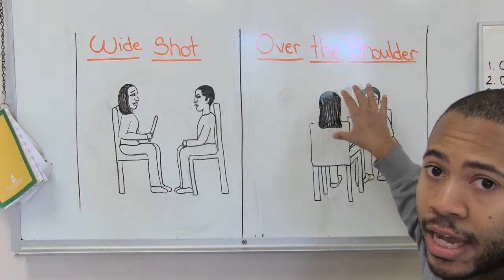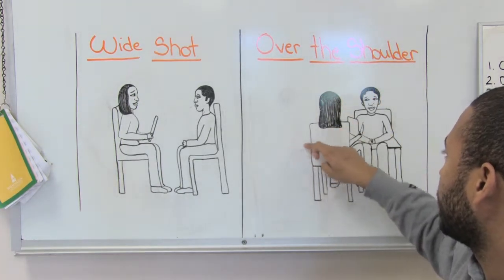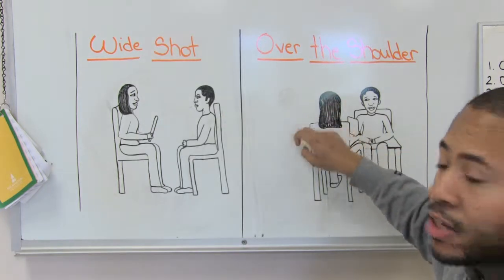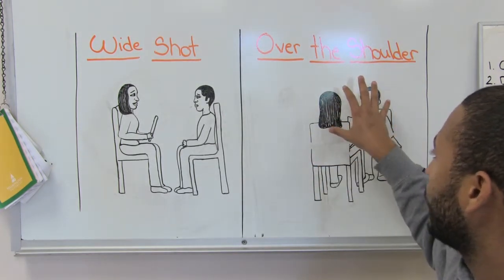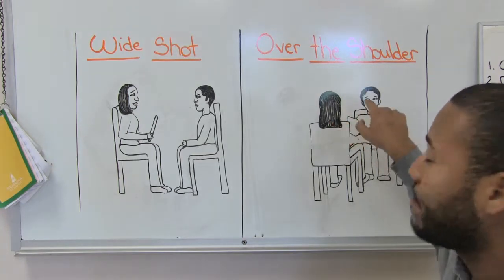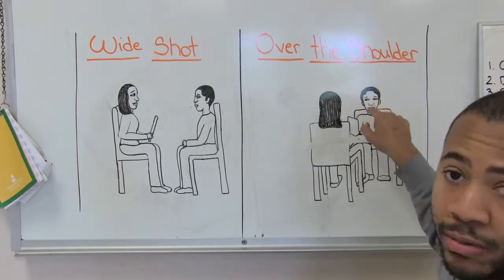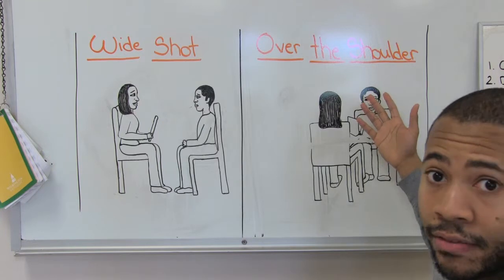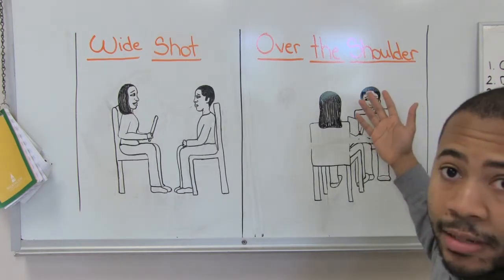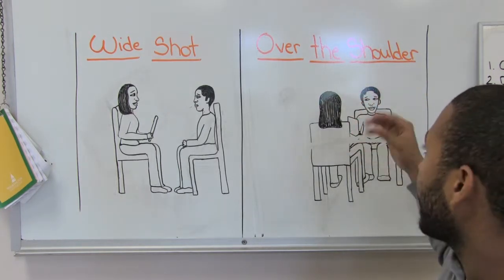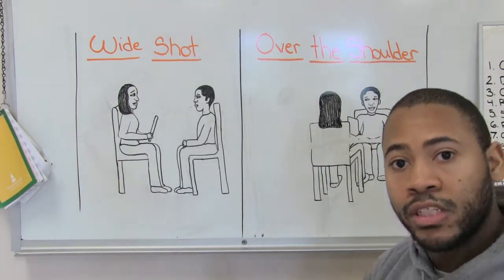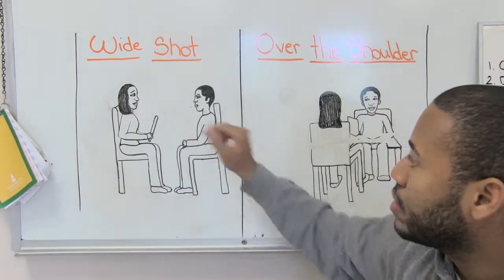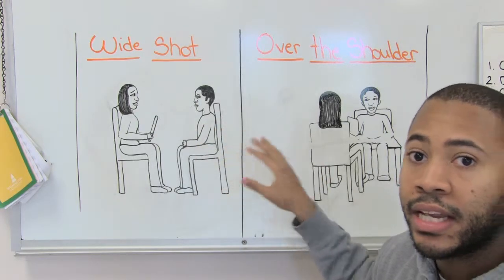Basically this over the shoulder shot is mainly focused on a mid shot, which is cut off right here at the waist. By cutting off right here, you're telling the camera, I want to focus more on this. And when you focus more on the face, you get to see really what's going on with the eyes. You can see if the talent or the subject is actually sweating. A lot of things happen when you get closer and focus in on the face, which is where the emotion comes from. So these are the two main shots to use in any interview.